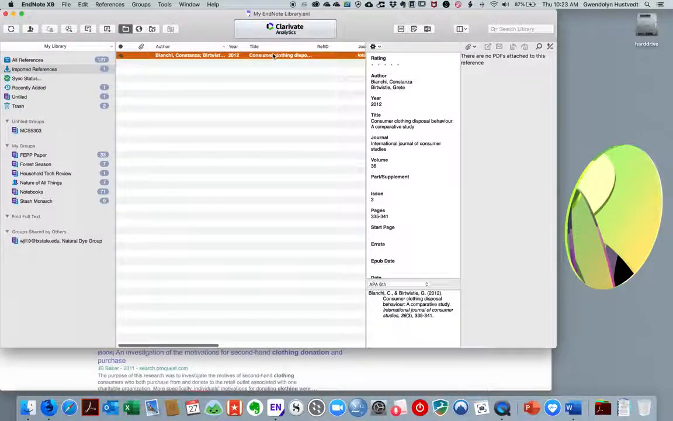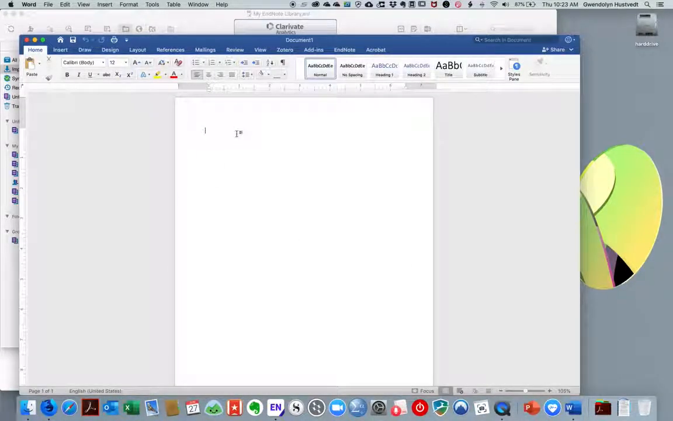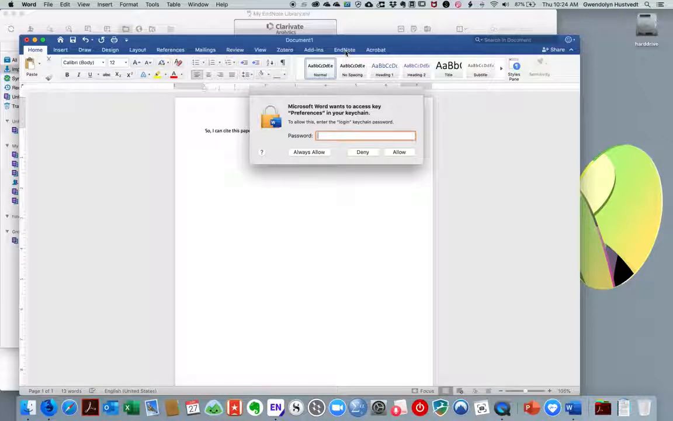But here we have this article, and the thing I want you to notice as you move over is that there is a record number, which is record number 133. So if I wanted to cite this in a paper, and we'll just create a pretend paper here, I have a couple of ways to do that. I can cite this paper by using the add-in that I downloaded, and that's right here. And so if I click on EndNote,